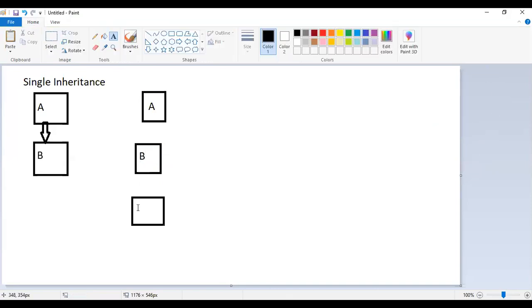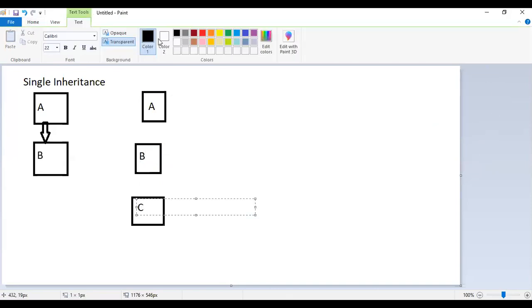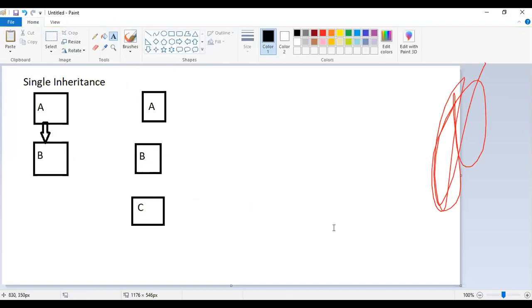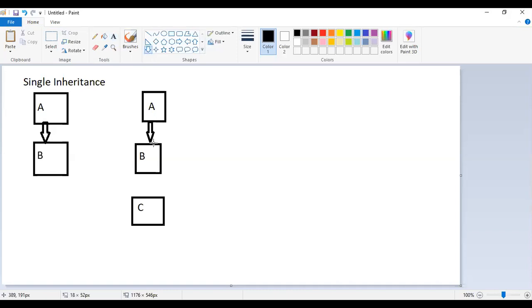This particular A class is the parent for the B class, and similarly this B class is the parent for the C class.